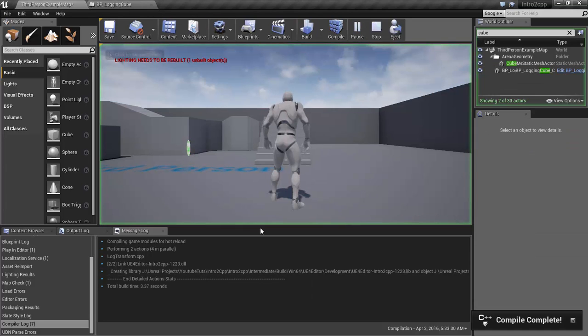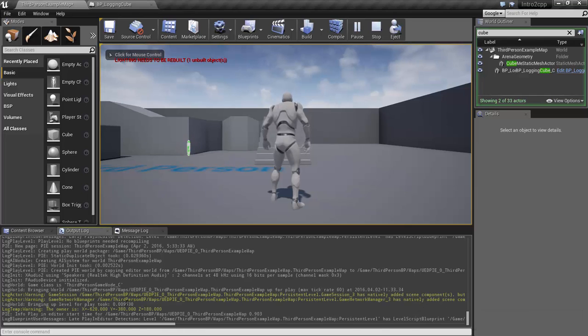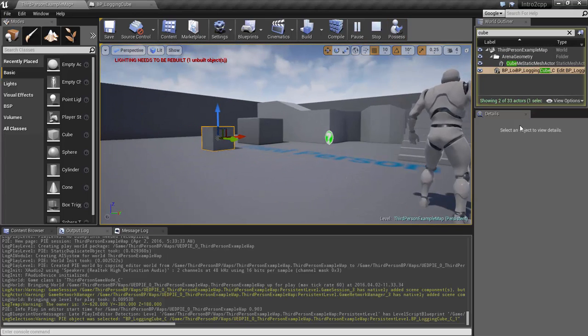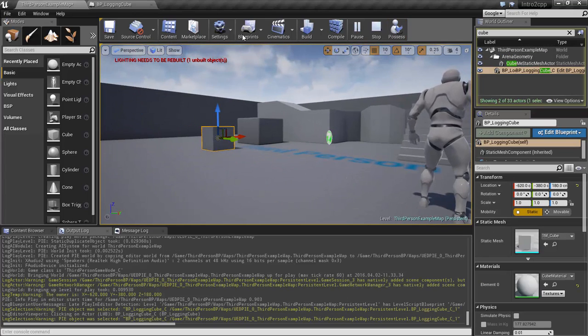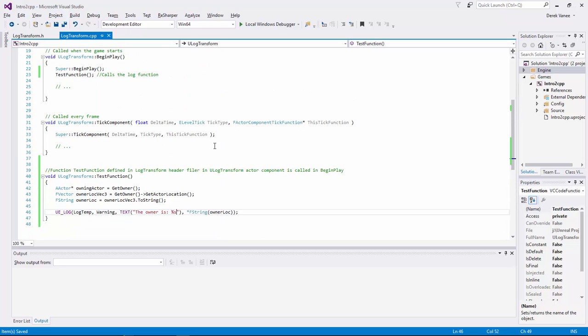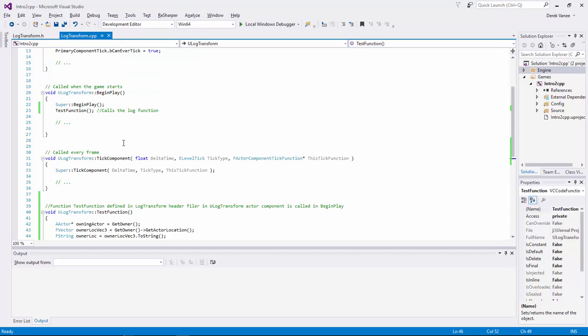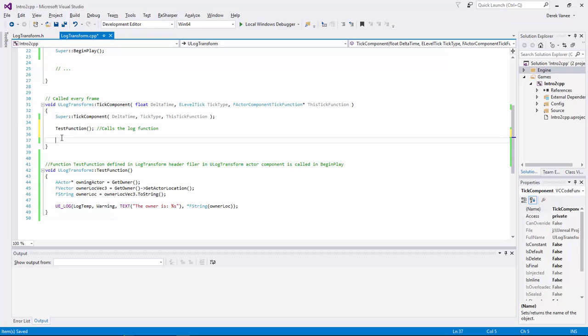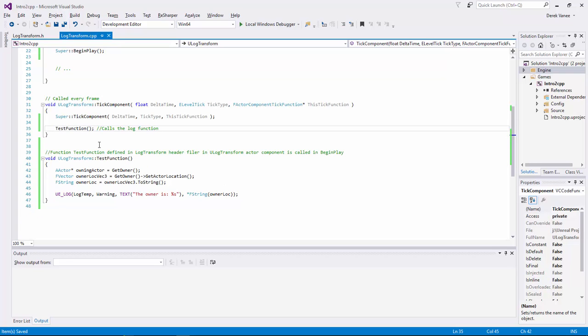So now when we hit play and go to our output log, we get the location of 620, 380, 180, which is where this cube just happens to be. So that's great. We can show where the location is. So that's cool. It's logging the transform, but that's pretty boring. What if we want to move it and log that every single frame, say? Alright, so that'll get called every single tick. It's going to display the transform. Oh, we shouldn't have the owner. The transform, or the location,